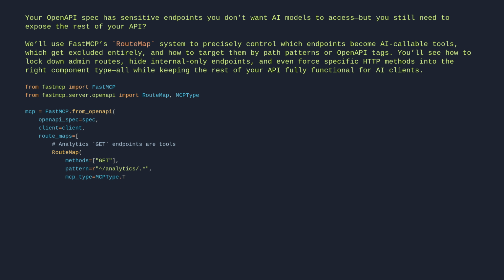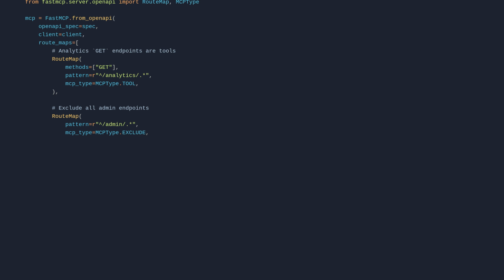# Exclude all admin endpoints RouteMap(pattern=r"/admin/.*", mcp_type=MCPType.EXCLUDE), # Exclude all routes tagged internal RouteMap(tags={"internal"}, mcp_type=MCPType.EXCLUDE),